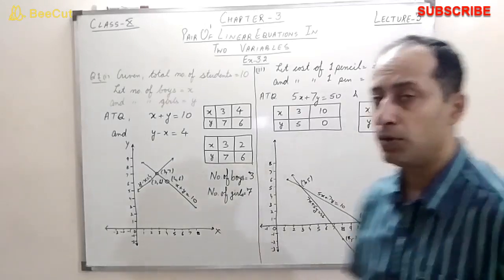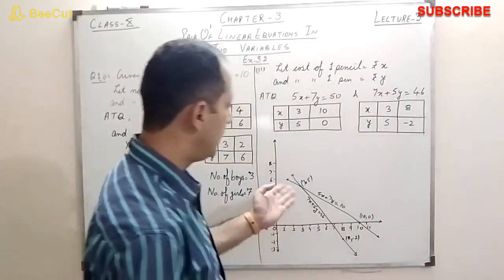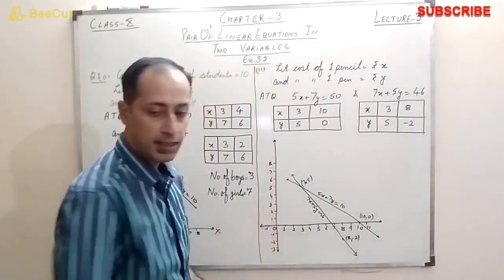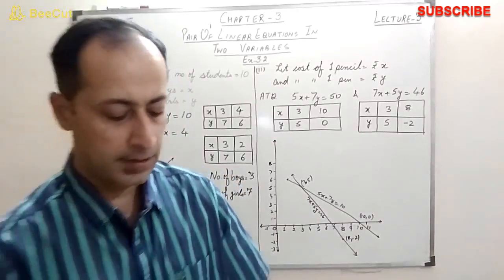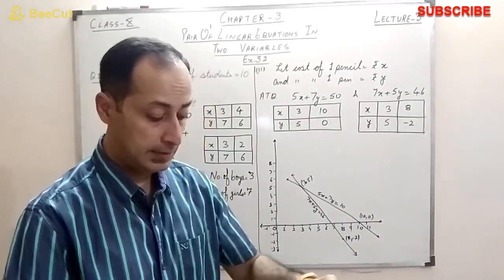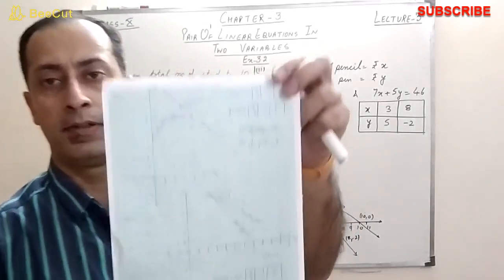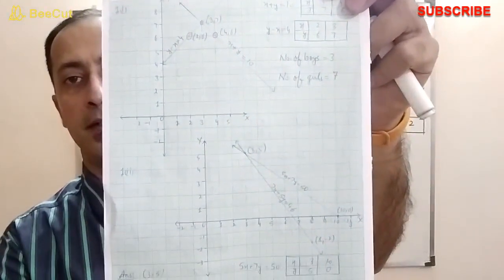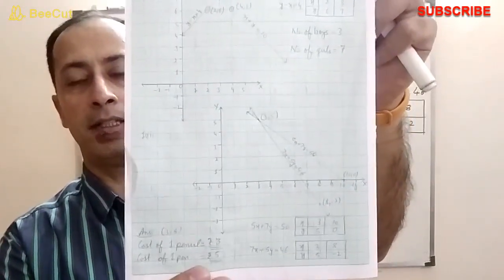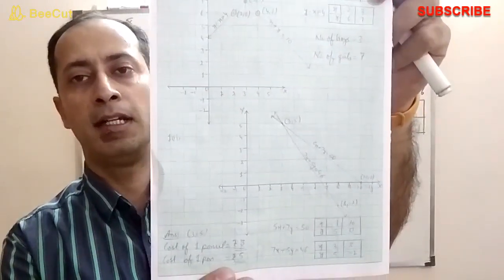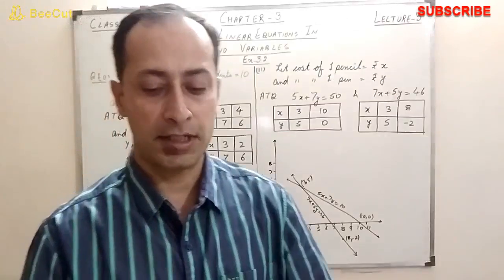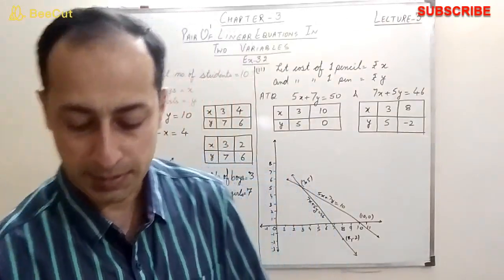Now we represent both the lines on the graph in this way. Right? I'll just show you the graph also. I've made it for you. So this is the way you will make the graph. I will be sharing the pictures of this graph in the description. You can check out the links in the description and go through the graphs, right?